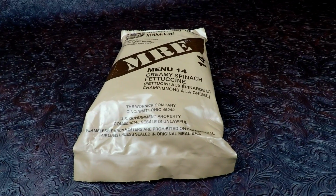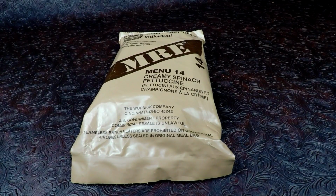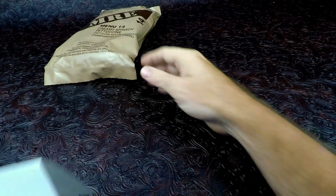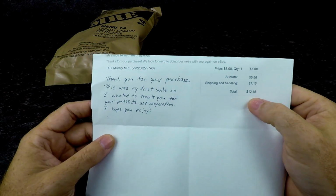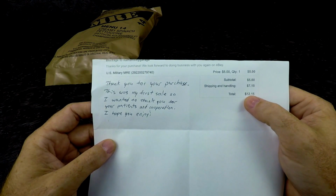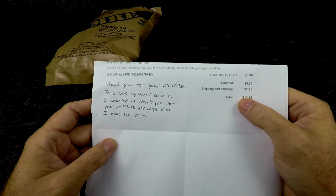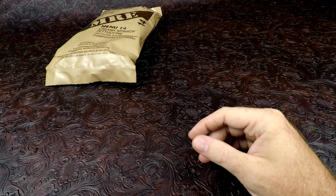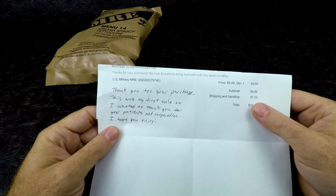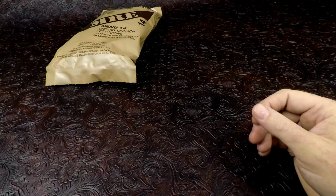So, let me tell you the history on this thing. This is one I bought off eBay just the other day. Came in pretty quick. Came with a little receipt with a note attached. Says thank you for your purchase. This is my first sale, so I wanted to thank you for your patience and cooperation. Hope you enjoy. And the guy, I won't put it on camera, but the guy's name is William. So William, thank you. And William's gonna have quite the surprise whenever he's sending the link to the video on